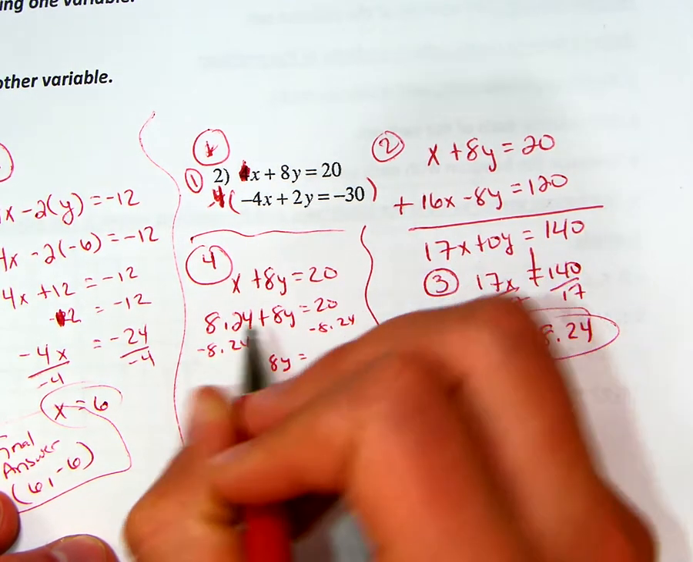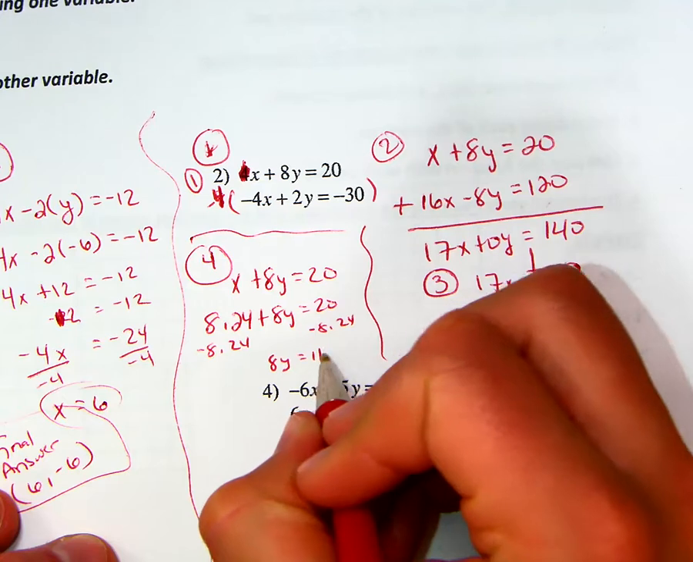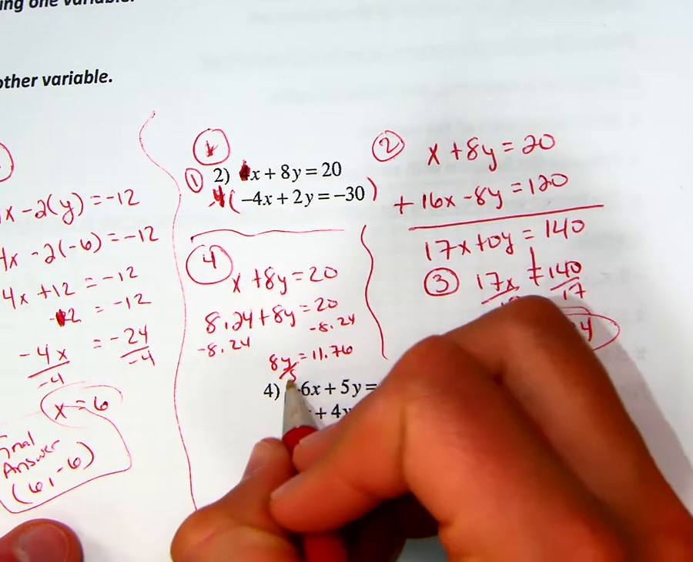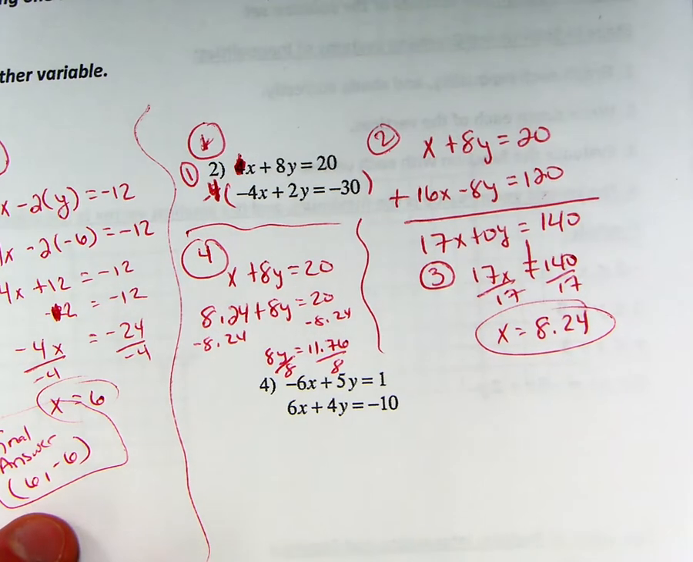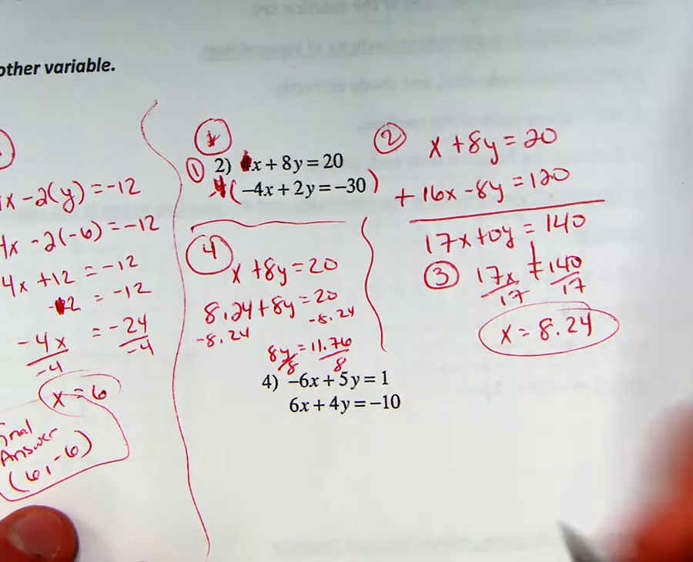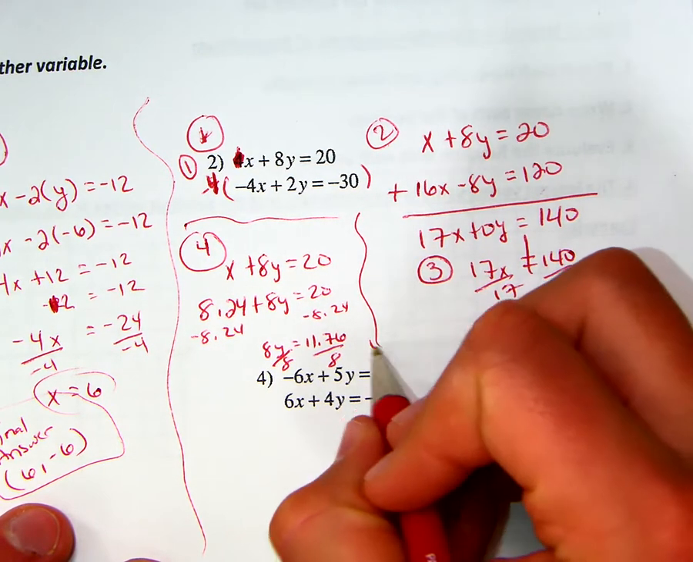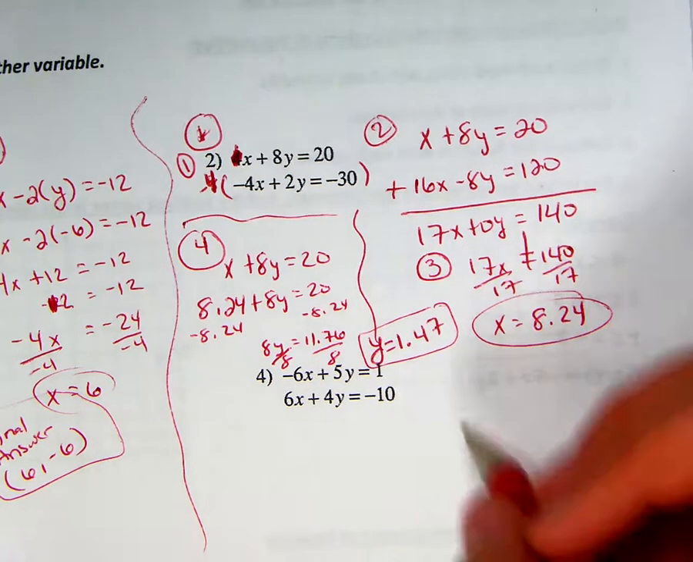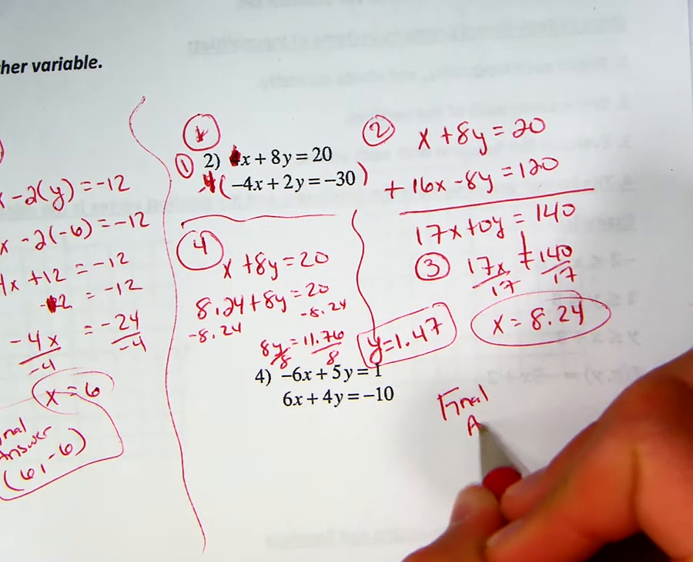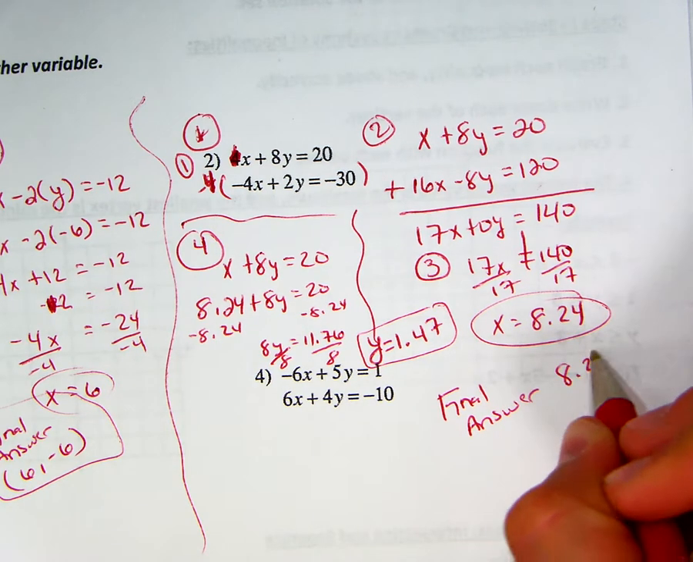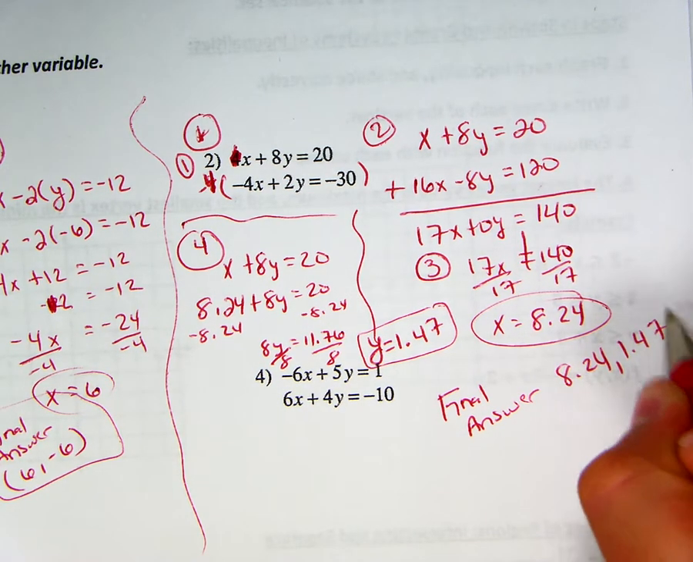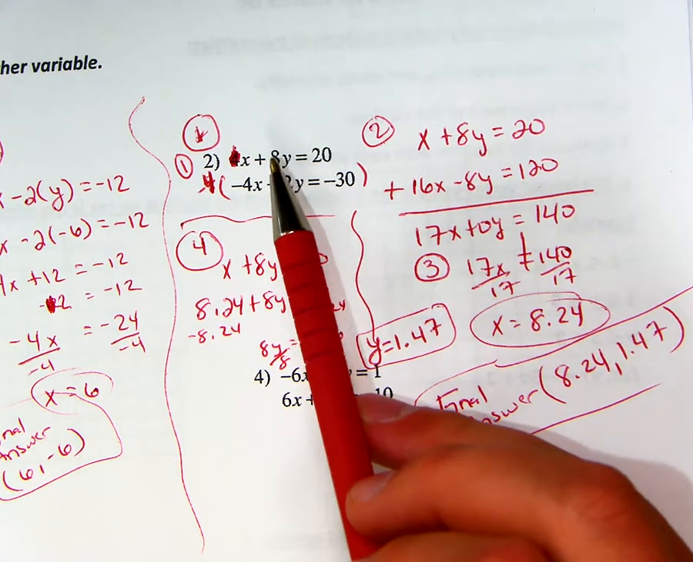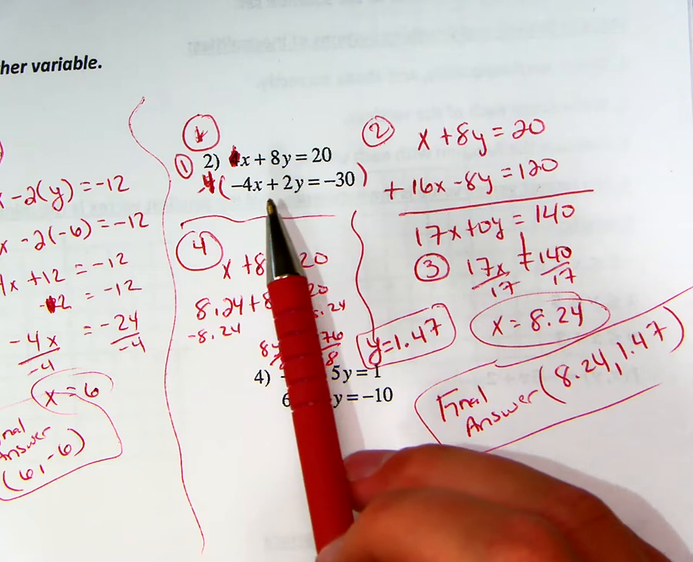I get 8y equals 11.76. Divide by 8, and I'm running out of room. And I get, put it right here, y equals 1.47. Again, our final answer then is 8.24 comma 1.47. That's where these two lines, x plus 8y equals 20 and negative 4x plus 2y equals